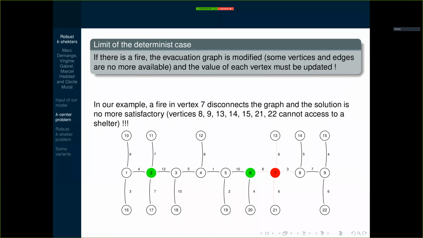When we take into account some fire ignition in the problem, this model is no more available, since with this solution, for example, if we have a fire in vertex 7, some vertices cannot access a shelter. So we have to model in this graph the fact that some fire can occur, and we want to save all the people in this case. So we introduce in this model